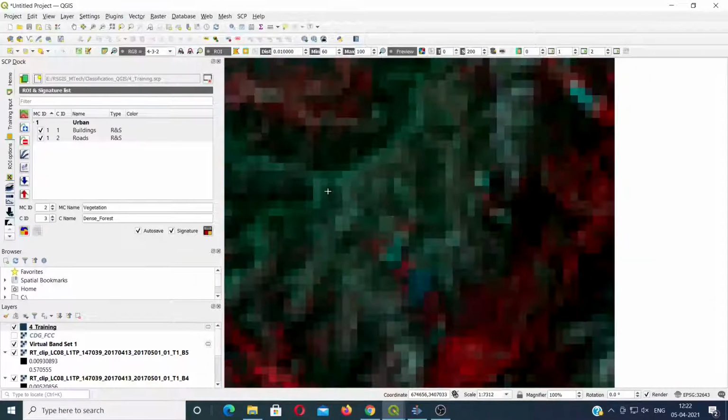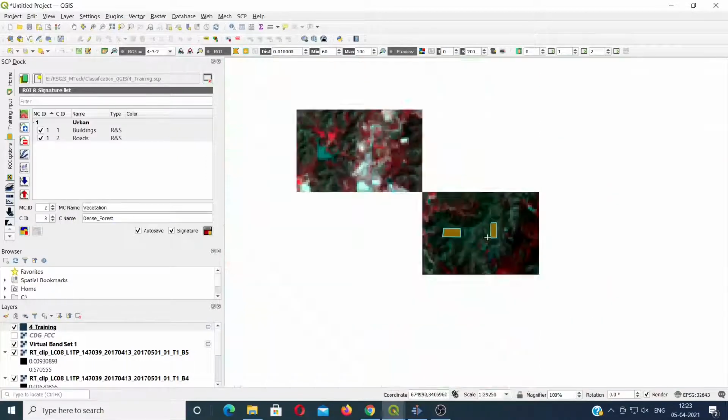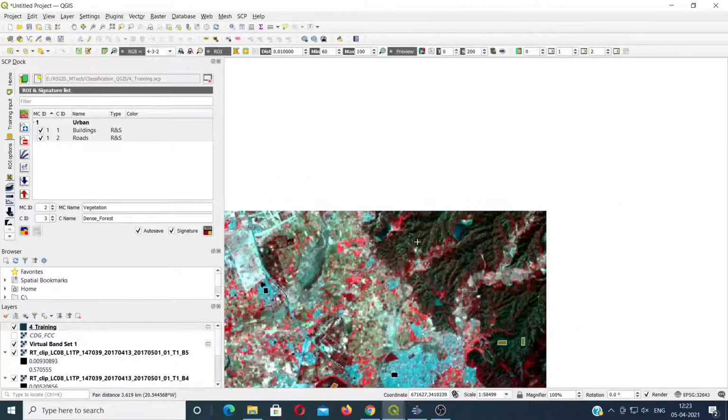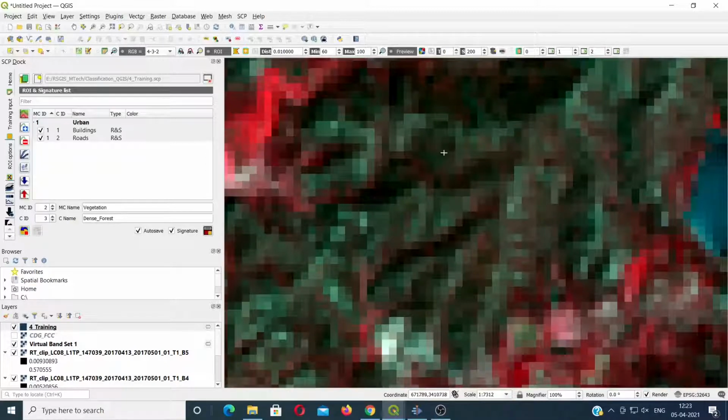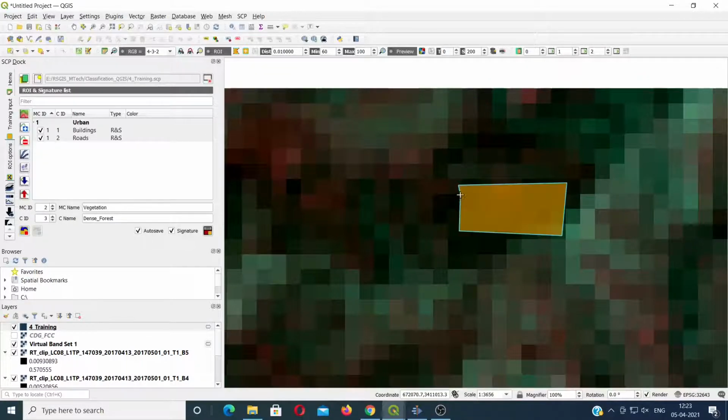Similarly, here I have the highlands or the Shivaliks region where we have a lot of pine forest and other kind of tall structure trees. That is why you are finding it different. So I have taken at least 5 or 6 samples for vegetation.